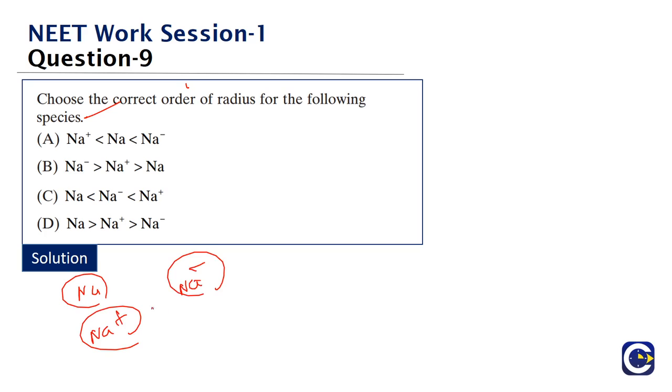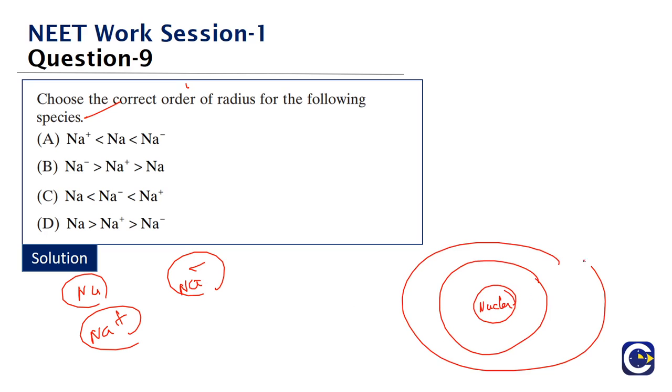anion formed from sodium. So if you have an element, we remove an electron. So if you remove an electron, what happens? So we have the nucleus. Okay. So we have the orbits and we have the electrons inside the orbits. So when you remove an electron, thereby we will form a cation. So for a cation, the nuclear charge, the total number of protons inside the nucleus, will be more than the number of electrons outside.